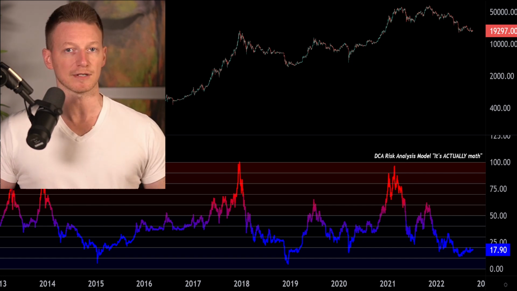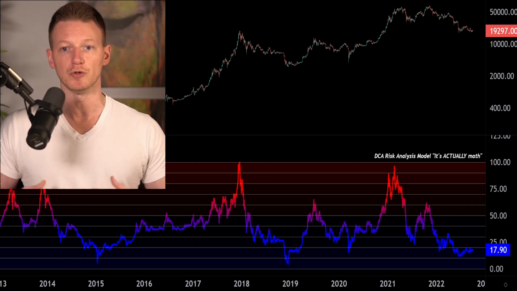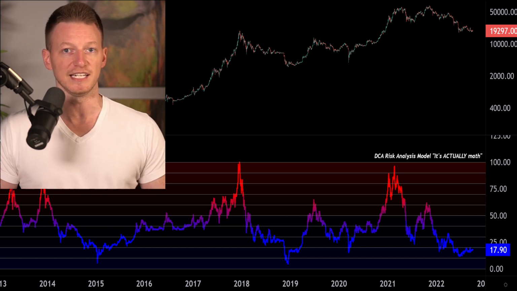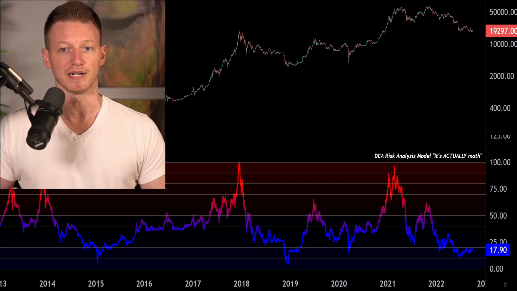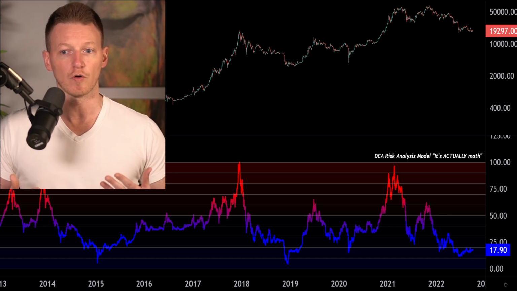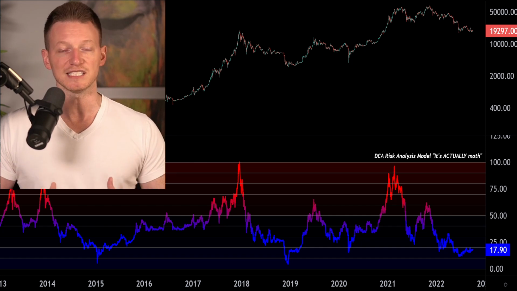Because of the macro events going on at the moment, we have things like the Bank of England having to basically prop up its bond market. It's then taking the unprecedented step of quantitative easing while it's raising interest rates, because the bond market nearly just collapsed in England. We have the US performing quantitative tightening while raising interest rates,